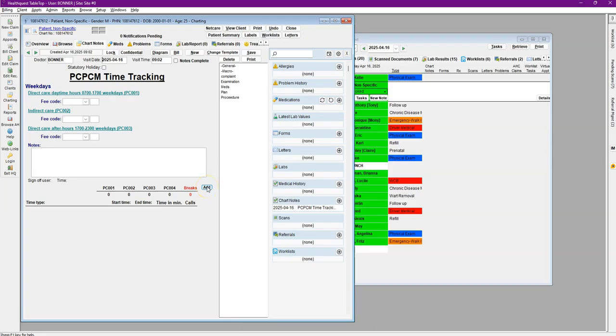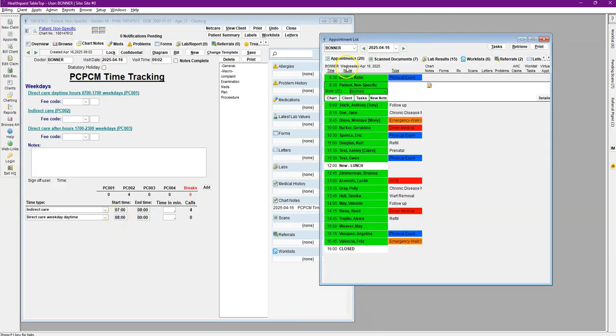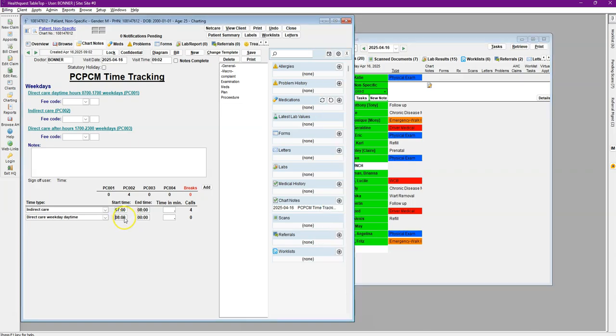So to start our day each day, we start entering our time, and you can do this in any order, but for me, I find that it's clearer if I start at the beginning and work my way through. So at the beginning of the day, we do indirect care, and I review labs, and I get started with my day and take care of any outstanding tasks that might need to occur. Then I'm going to see my patients from